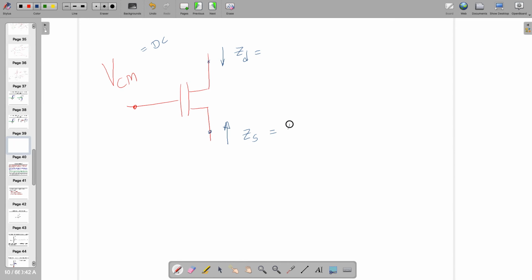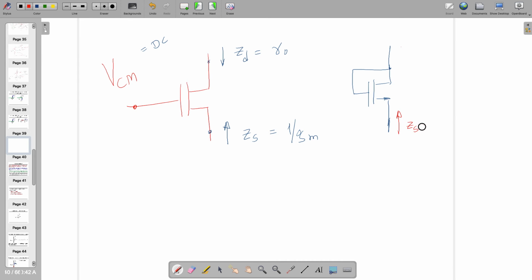It is 1 by GM, right? It does not make a difference because the gate is connected to ground. Earlier it was connected to VA, right? In this case, it's again RO because it also does not make any difference whether it's connected to DC or AC, right? And in this case,